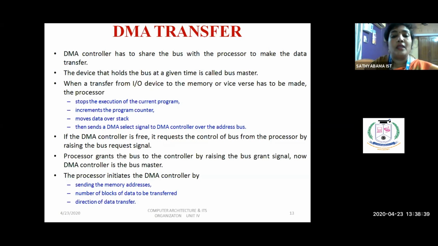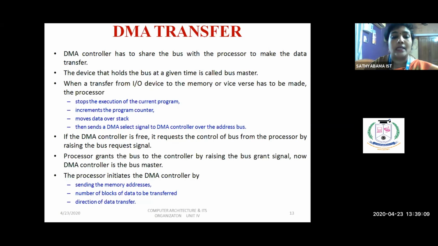So if the DMA controller is free, then it will accept the select line and then it will request the control of buses from the processor by giving a bus request signal. So the DMA will request the control of buses from the processor by sending a bus request signal.